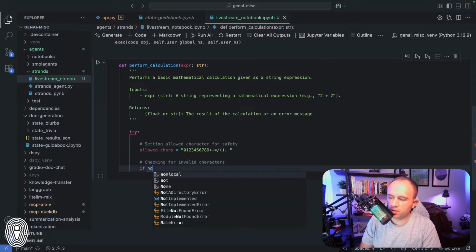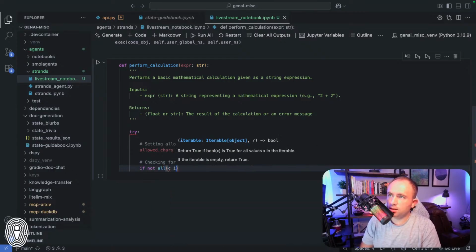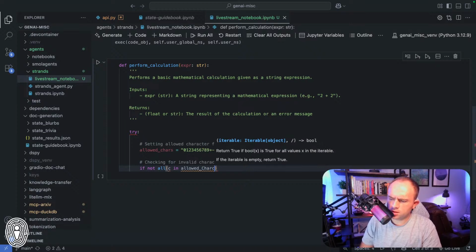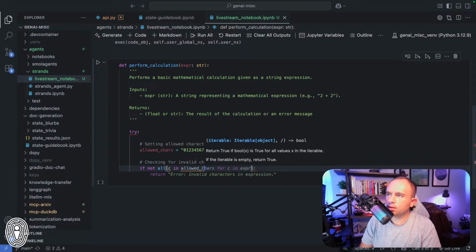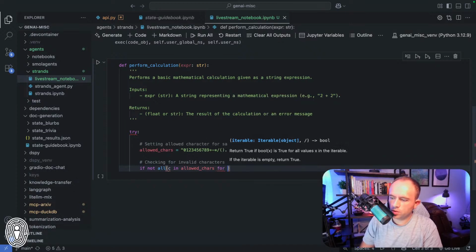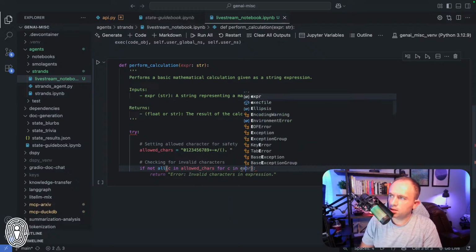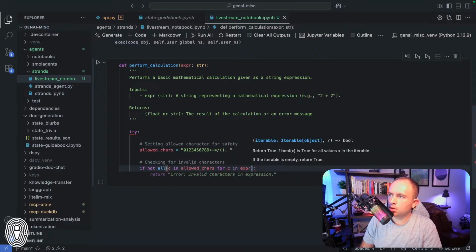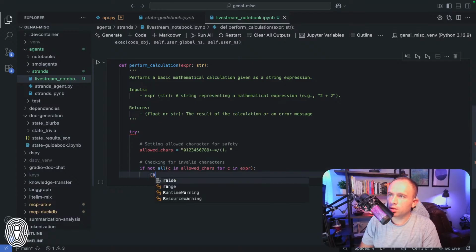All right, so if not all c in allowed chars for c in expr, then we're going to raise a ValueError, invalid characters in expression. That's fine.